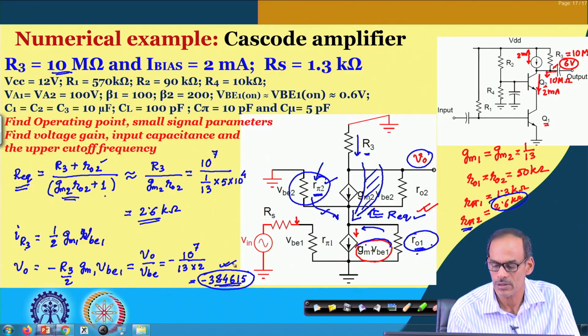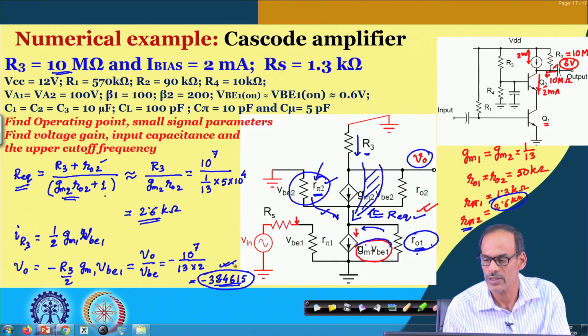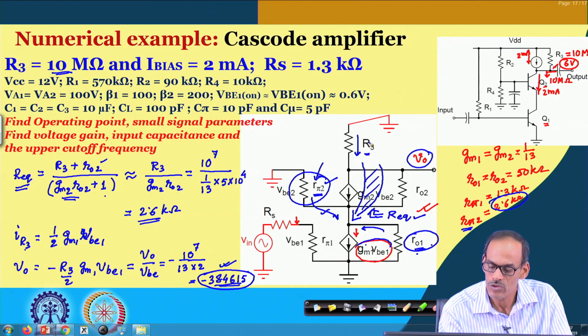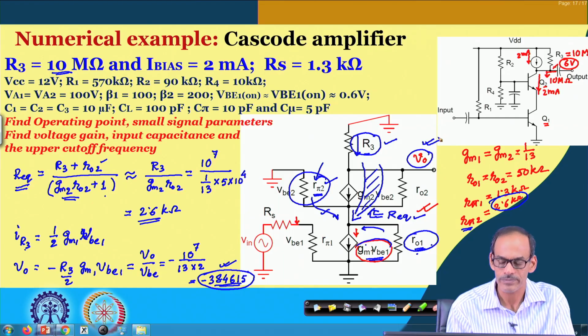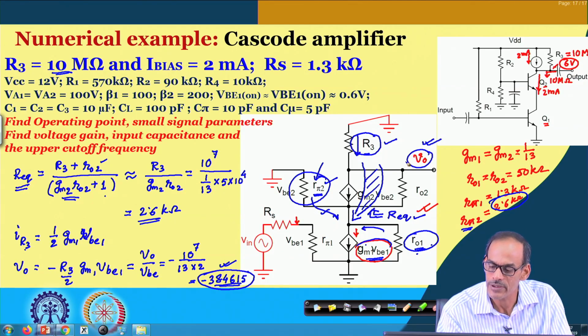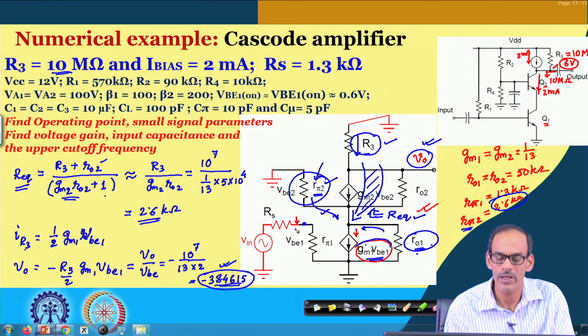The basic philosophy of how we get this gain is that even though we do have a very high resistance here of say 10 mega ohm, we are able to successfully flow at least half of the current through this resistance. As a result, it is developing a large voltage. So, once we have this voltage gain, the main advantage is very clear, but of course,